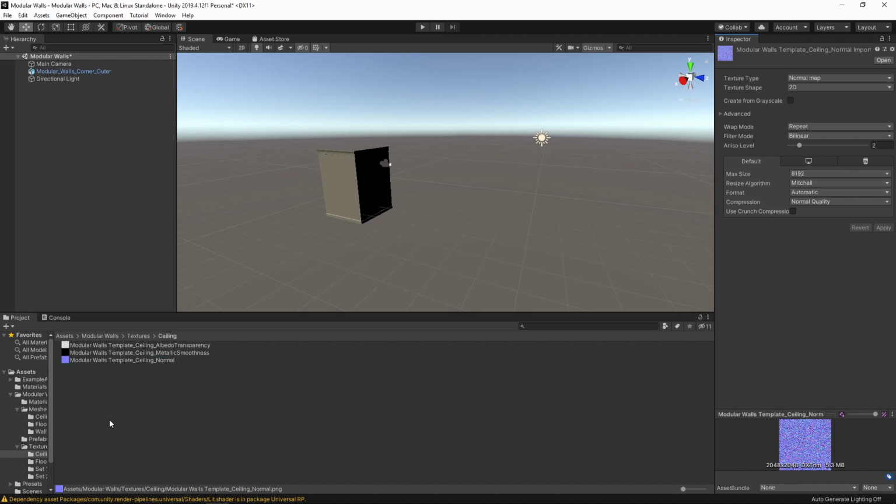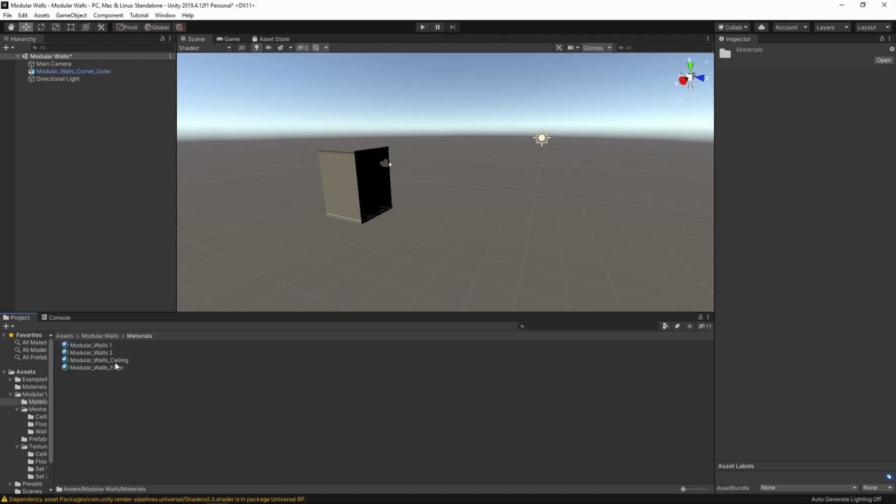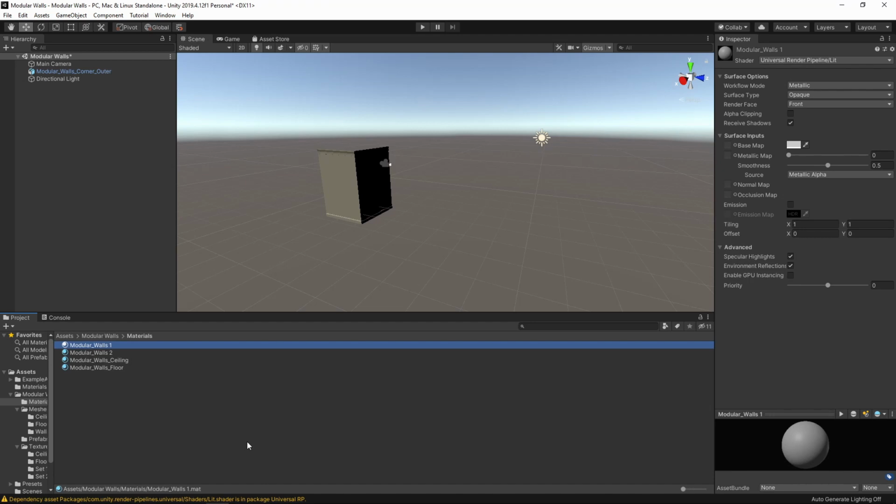And we need to go through all of our textures and do that. So I'm going to time lapse that for now. Okay, so now we have our textures ready to be used. Let's go back to our materials folder and select our first wall material. And what we want to do is we want to drag our textures into these little boxes, the relevant little